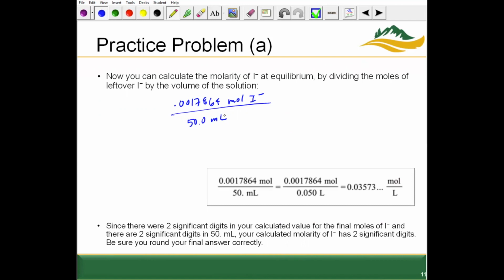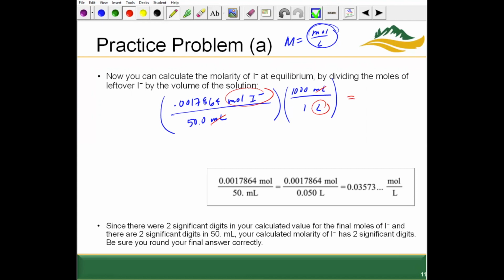So 50.0 mL, but very importantly, we want molarity. For all molarities, we have to report them in moles per liter, not millimoles, not milliliters, not decaliters, not micromoles, always moles per liter. So now this is in moles per milliliter, so we're not done yet. We do need to convert 1,000 mL in 1 liter. Then mL and mL will cancel out, leaving just liters and moles, which is what we want. So now doing this times 1,000 divided by 50 gets us